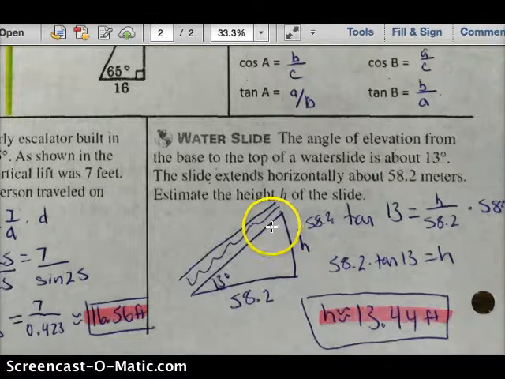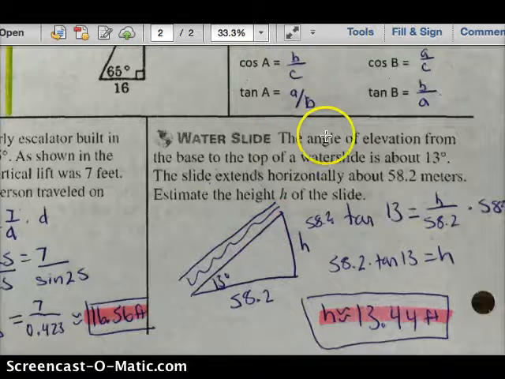Question number, the water slide problem. The angle of elevation from